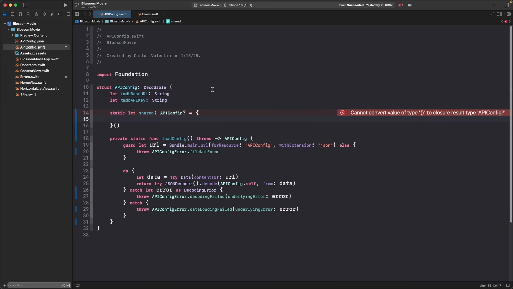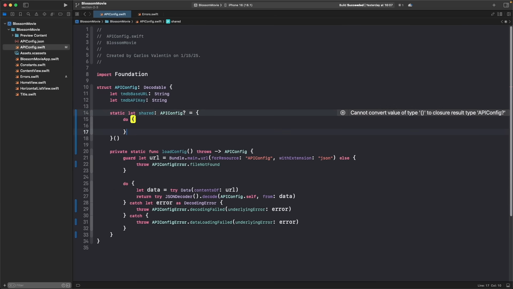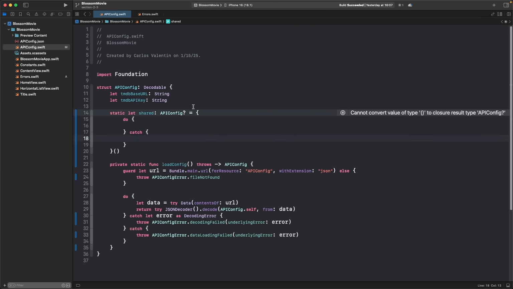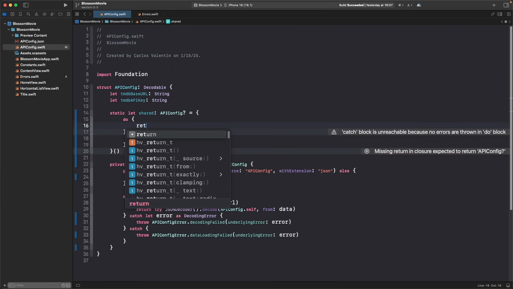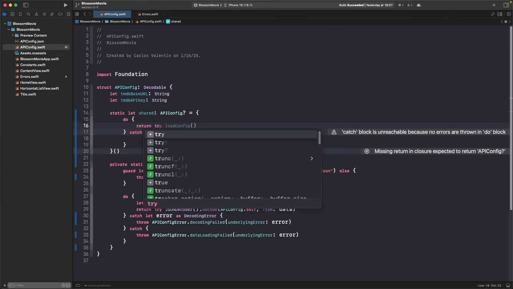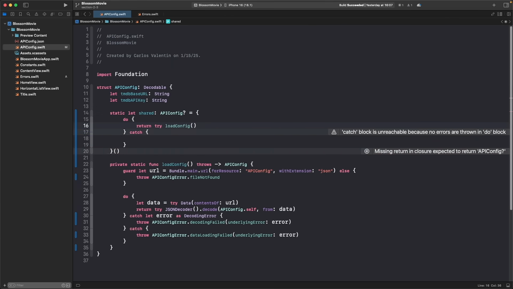Inside the braces, write a do catch block. Inside do, return try loadConfig. Try is needed because loadConfig can throw errors. In the catch block,